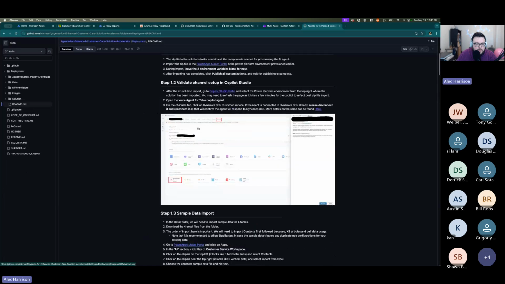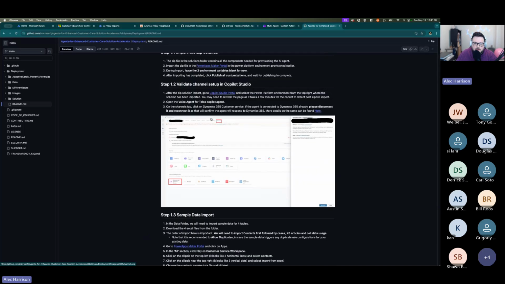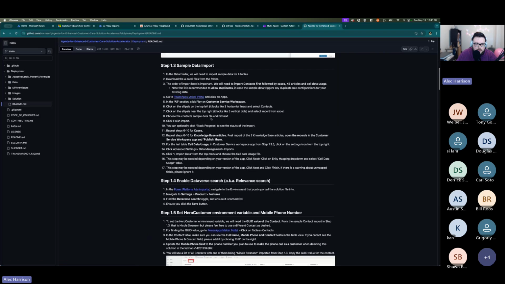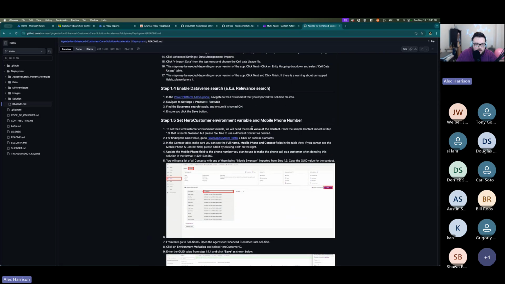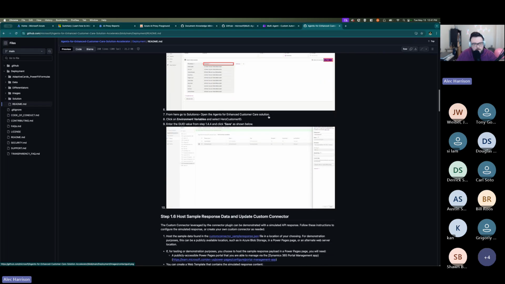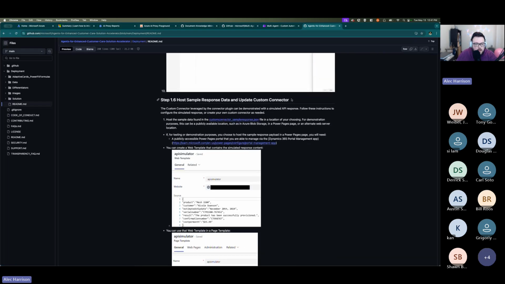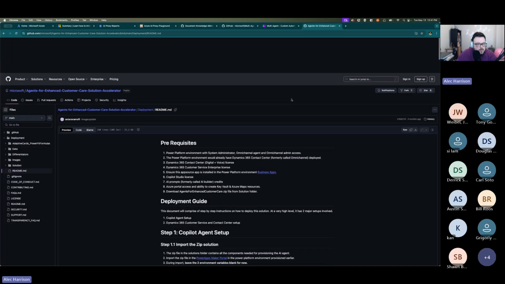It just requires some Copilot Studio setup, which is not something I use very often, so that kind of scared me away from setting that up. But if you're using that in Dynamics and all that, you can also see there's a mobile phone number you can mess with here as well. It looks like Derek might have found one we can talk about here in a sec. Update custom contact, all that sort of fun stuff.